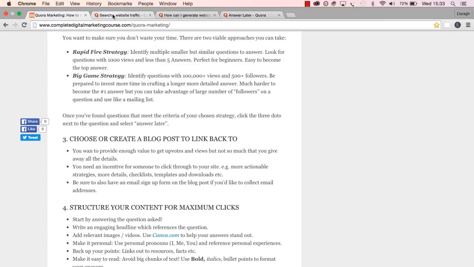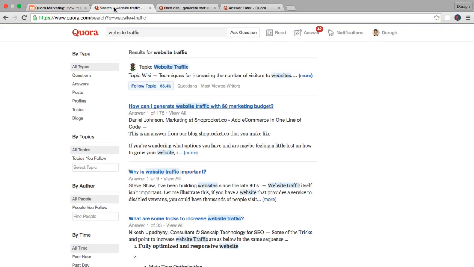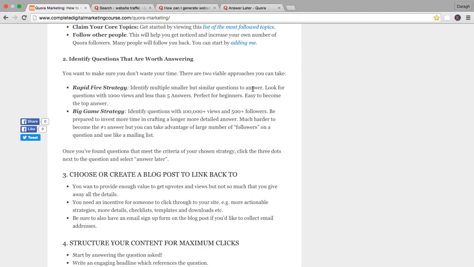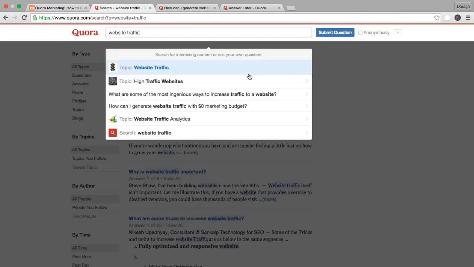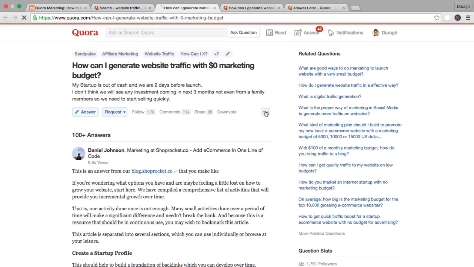But essentially the process for now and your exercise for this lecture is really to search for a search term, find some of those questions for the rapid fire strategy using these metrics that I've highlighted there or close to it as possible. And then you just simply open up the question and then you click the three dots and you save to answer later. So that is the exercise for you in this lecture.